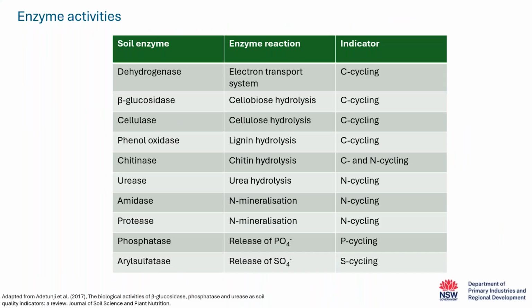Enzyme activity is closely related to important soil quality parameters, such as organic matter, soil physical properties, microbial biomass, and activity. Here we can see some examples of enzymes that are commonly measured, along with the nutrient cycle that they are associated with. Enzymes respond to soil management changes long before other soil quality indicators change or changes are detectable. For example, they tend to respond more quickly to practice change and other soil conditions compared to other soil health indicators, such as carbon content.